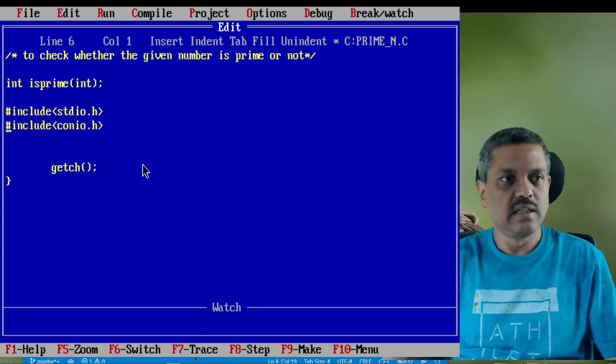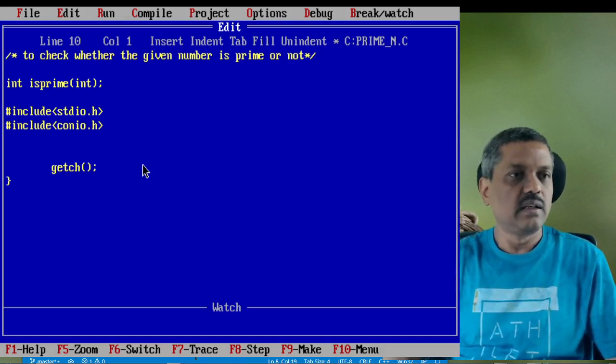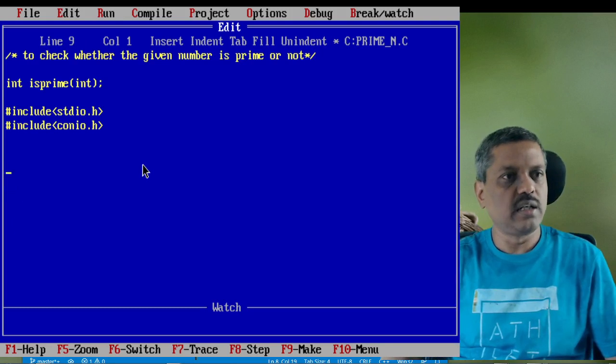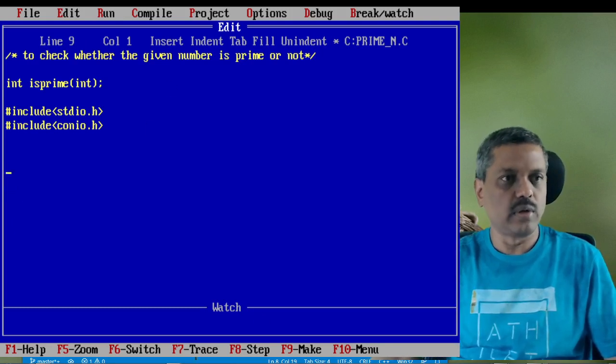Then, as normal, we have included the header files, stdio.h and so on. Now we should start writing the program.